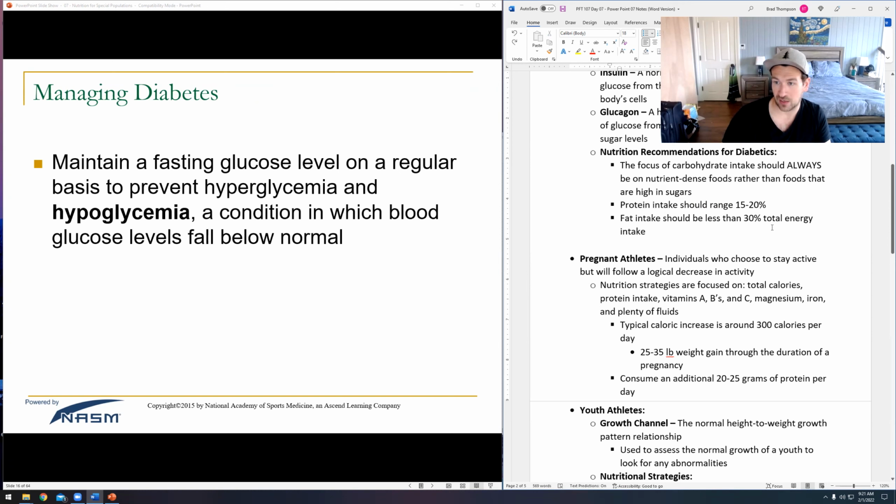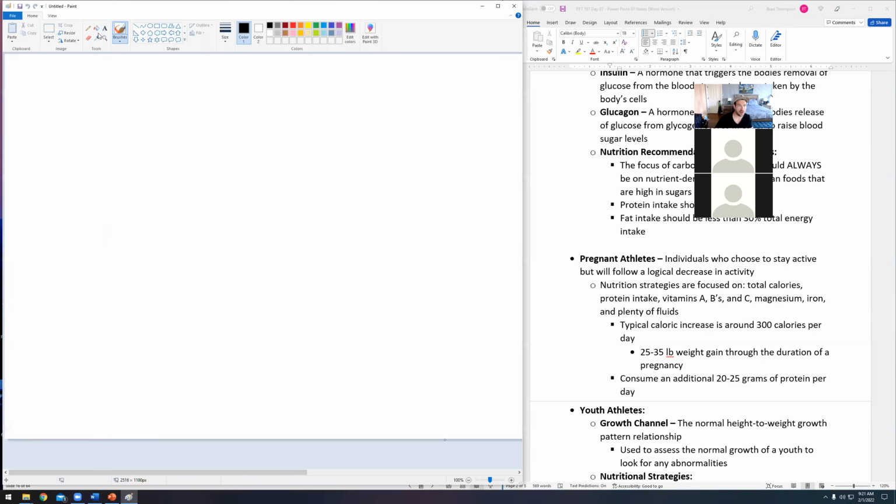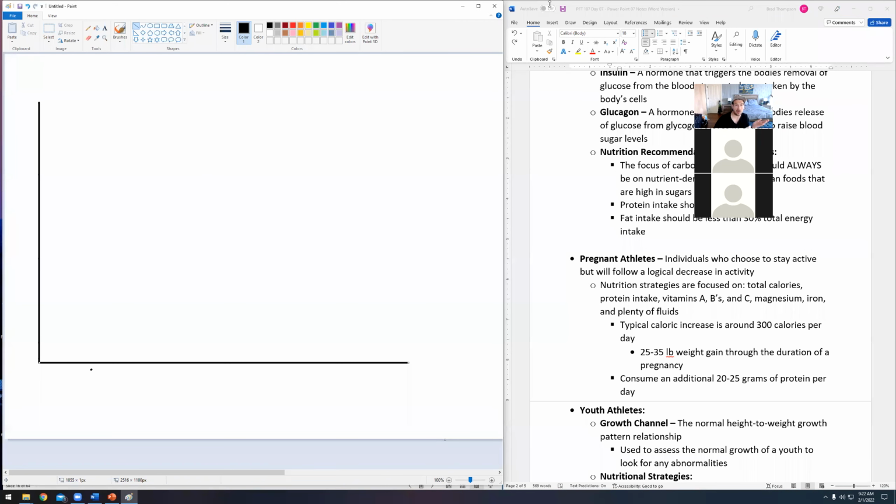So they're still getting a large amount of carbohydrates, right? Just like any other client. The difference is we're making sure that those carbohydrate sources are much more complex so that it doesn't spike their blood sugar levels. Let's say I'm going to make a fake chart here, right? So let's say we make a little pie chart or a line chart that's meant to represent blood sugar levels, right? And let's say you bring in a food that is 80 grams of carbohydrates, right? Which is a lot, by the way. That's a substantial amount of sugar trapped within 80 grams of carbs. But let's say it's a really complex carb.